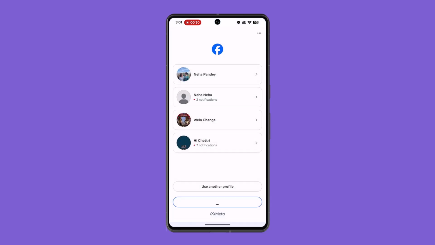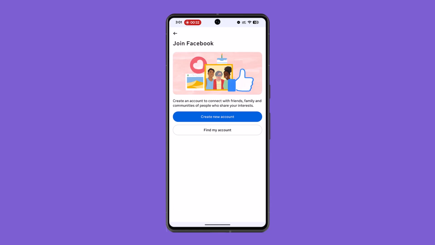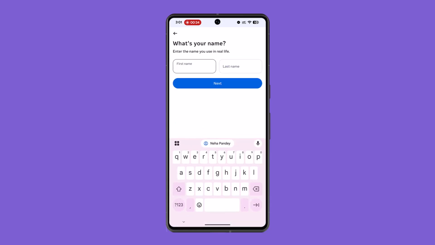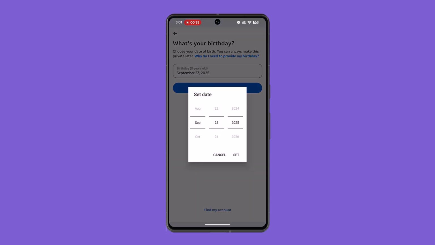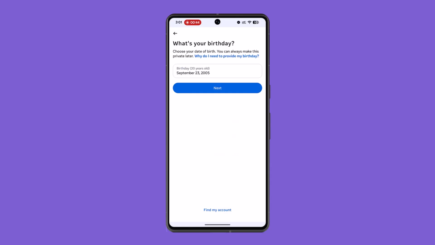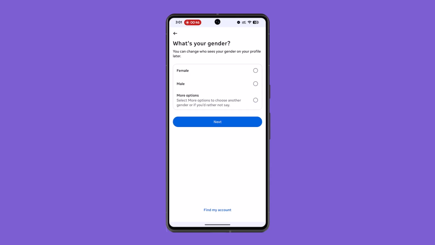Then you want to go ahead and click on create manually, and now you want to make sure to go ahead and click on create new account. Enter in your first name, last name, tap the next button. Now then, go ahead and enter in your date of birth and click on the set button, after which tap the next button once again, and then select the gender type and tap on the next once again,